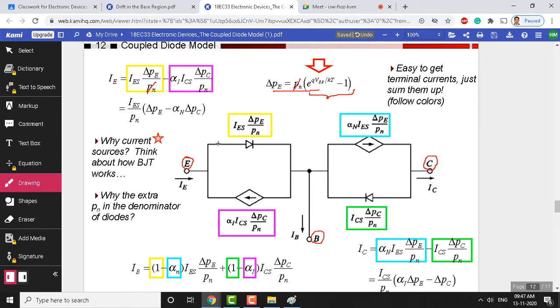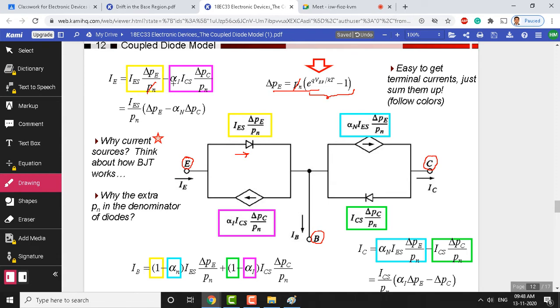Therefore, at the emitter there is a current here, which is a diode current. So, we can represent it with a diode here. That is the reason we have a diode here, and this is in the normal mode. When you look at the inverted mode, the emitter in the normal mode is doing the emission job, which is why you have a diode here. This diode is doing the emission of charge carriers, and you can also see that in inverted mode the emitter is doing the collection job. Therefore, we have a current source here. So, the pink color component you see here is nothing but the current source.